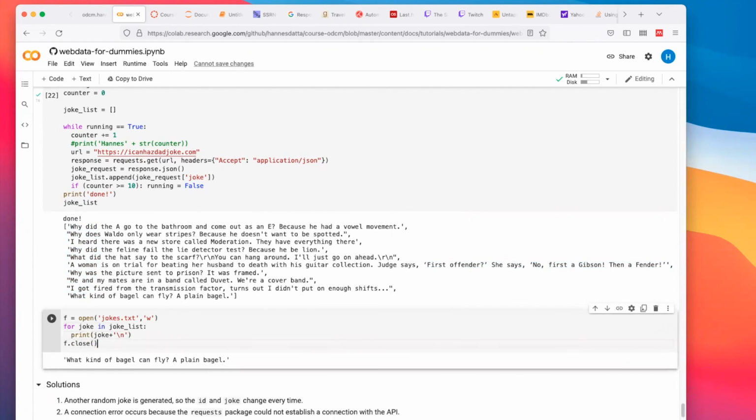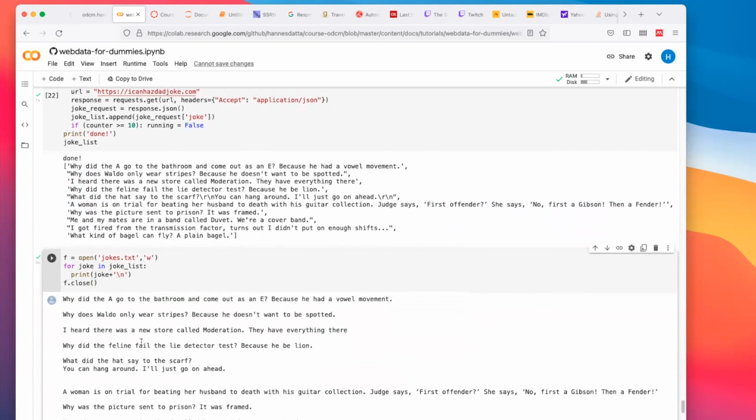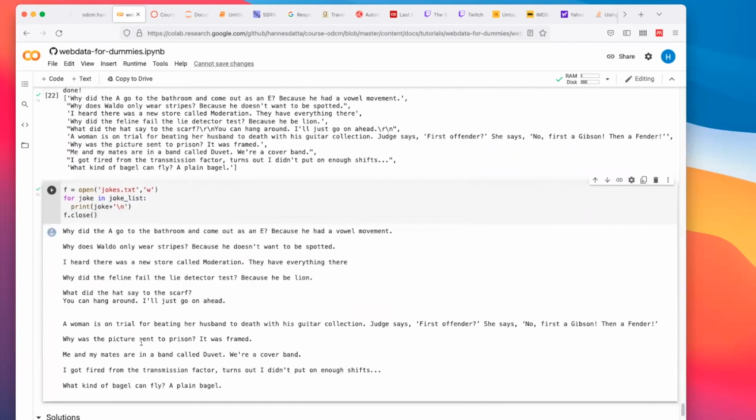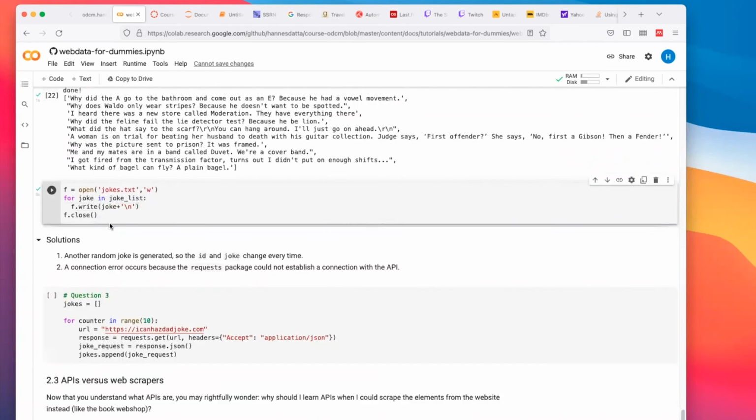And at the very end, we can close this thing. Oh, it's not print, it's obviously f.write. We can write our data to a file,